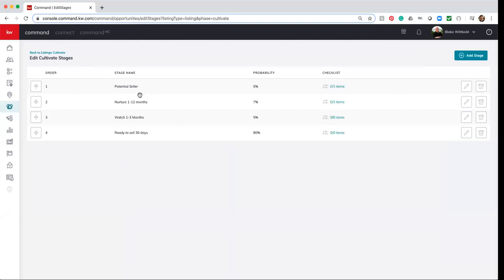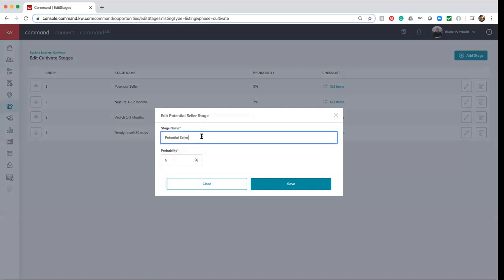And in here, you can see that I can change stages. I can move them around. So my first one is potential seller. Yours will probably not say potential seller because I added that in there. If I wanted to move it, I can move it around. It'll become the second box in that list we had earlier and move that back up there. I can edit the name of it by going over to the pencil over here. So I could change potential seller into coffee